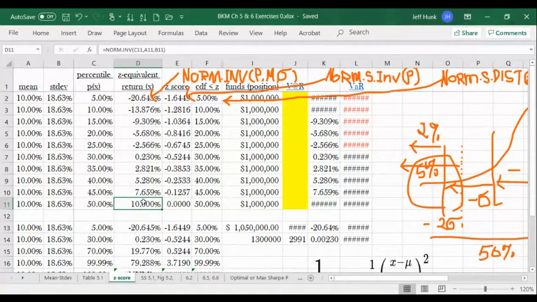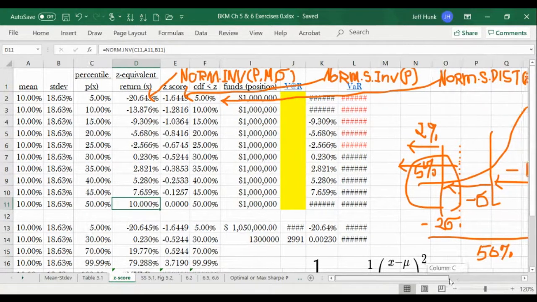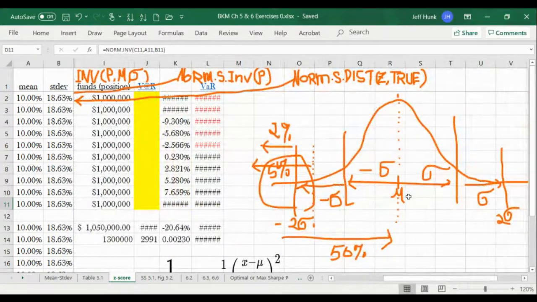Make sense? Also, you can tell that all the z-scores beyond this point are positive. It's 1, 2, right? 0.1, 0.2, 0.3. If we are looking for something like the 5th percentile, right here,